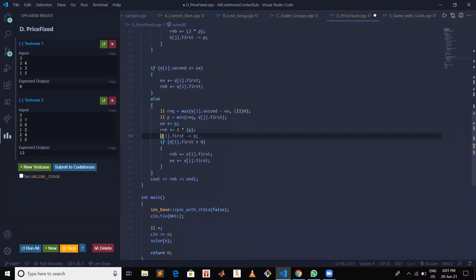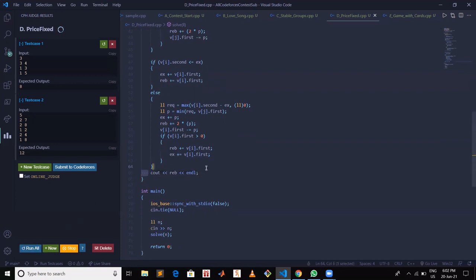Now we are decrementing the number of items for the ith product by the number of items we purchased for this one, and we are checking if the number of items is still greater than 0. In that case, since our experience has already become equal to the experience of this vi, we can purchase the rest of the remaining items at 1 rebel cost. Okay, so now finally we are printing our solution, the number of rebels. So this is the minimum rebel.